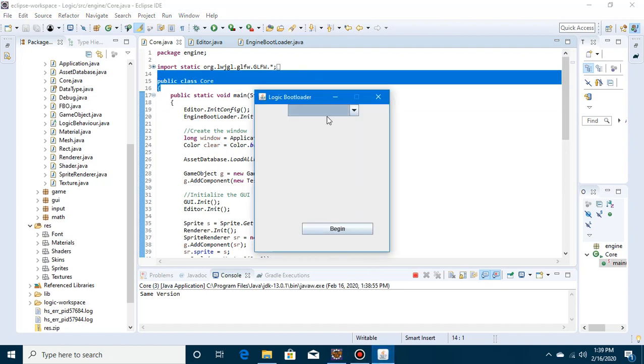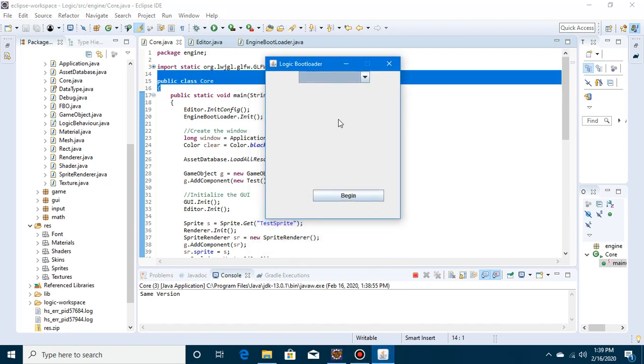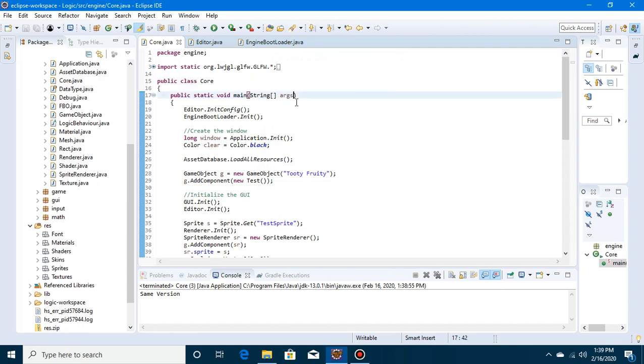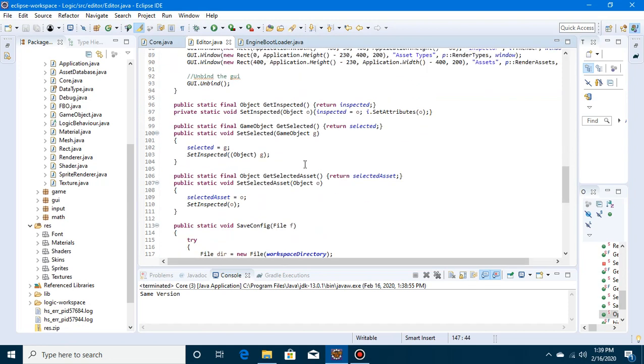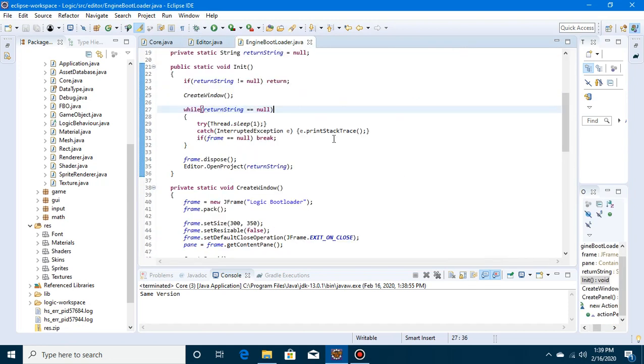Oops. I'm not getting anything in there. It's just an empty thing. Maybe I screwed something up somewhere. But anyways, bootloader,